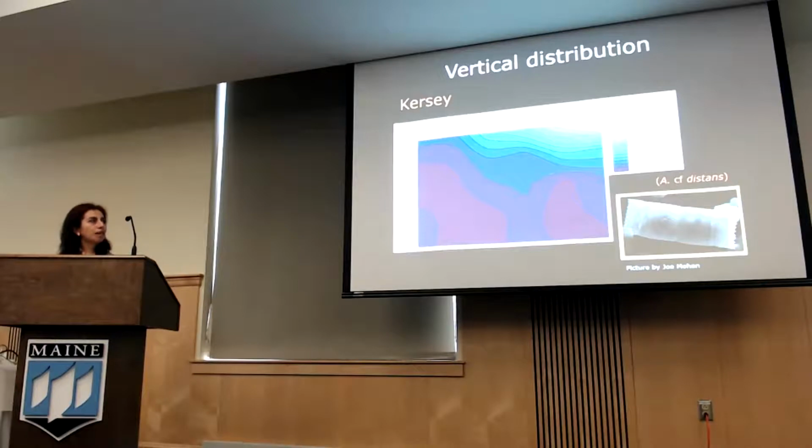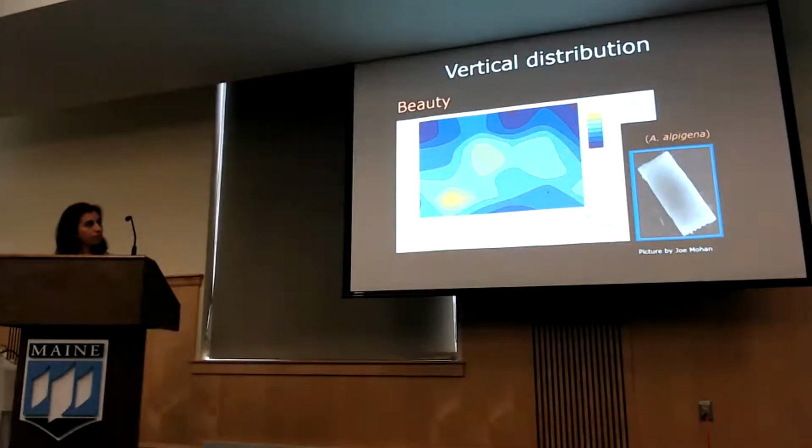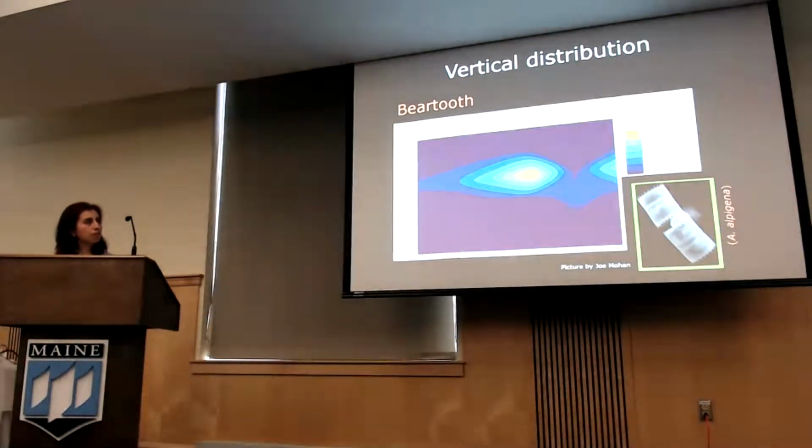I found that the highest densities are located at the surface of the lake. It's important to say that this lake was already stratified by the time that I sampled it. For Beauty, the distribution of Aulacoseira alpigena was found in the middle of the lake and in the bottom of the lake. And for Beartooth, the same species, Aulacoseira alpigena, was found along the metalimnion. So basically what we found is that there are certain preferences for the location of those species,